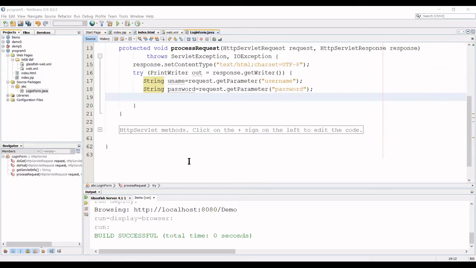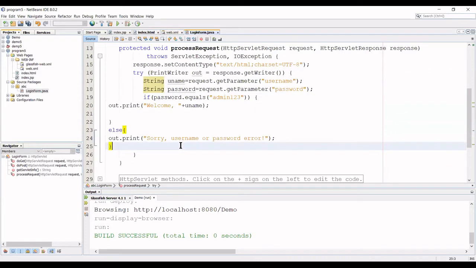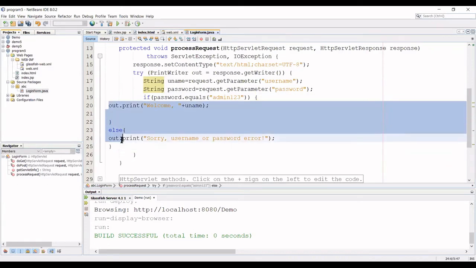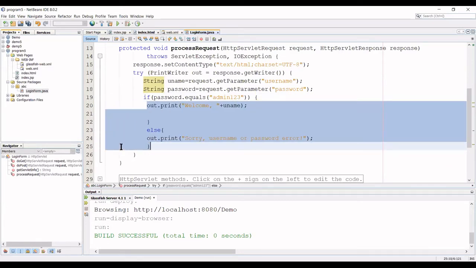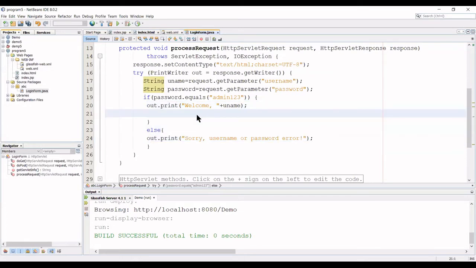See, I am going to place one part of the code. See what happens here. You observe here the password that you have accepted in this servlet. If it is equal to admin 123, then you're going to print the welcome, the name, right?